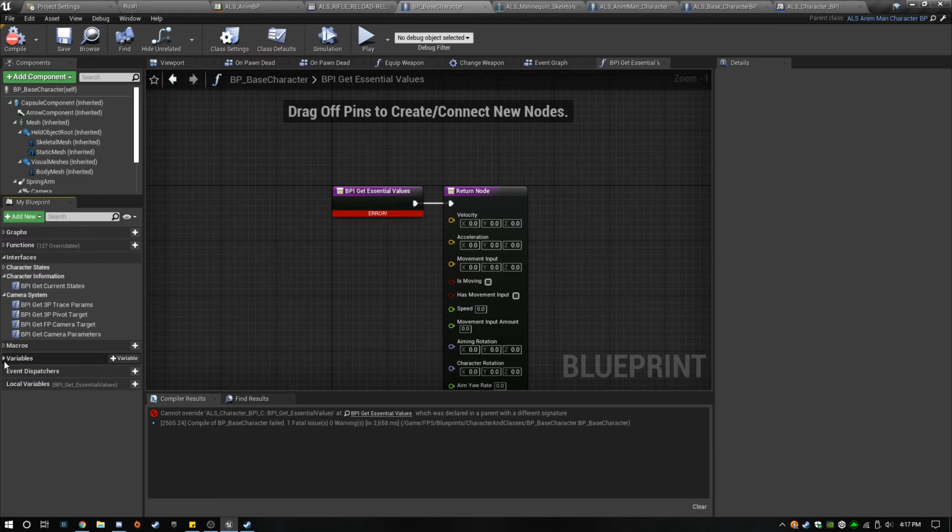Yeah, we're using pretty much everything ALS has to offer, with the exception of some specific variables and settings in this base character here, specific to FPS.